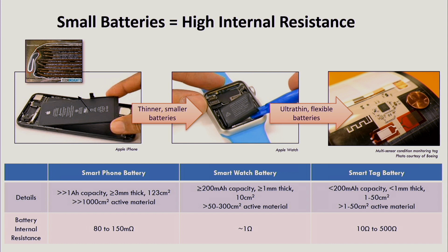So going to IoT devices, where you need more compact batteries, where the capacity is another order of magnitude lower, the amount of active material that's actually in that battery is another order of magnitude lower. The impact here is that the internal resistance of these batteries is quite high, it can be hundreds of ohms. And so that's been a challenge because a lot of these batteries are just not suitable for giving proper runtime